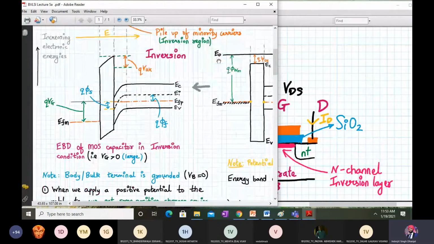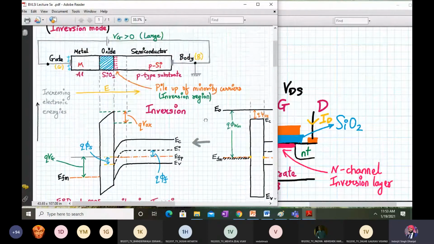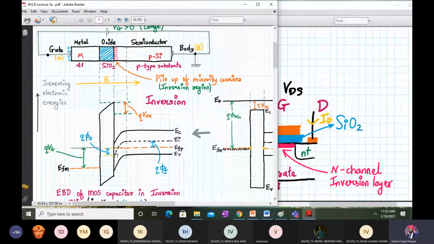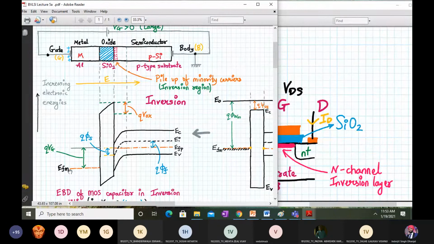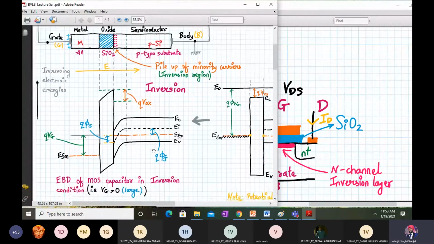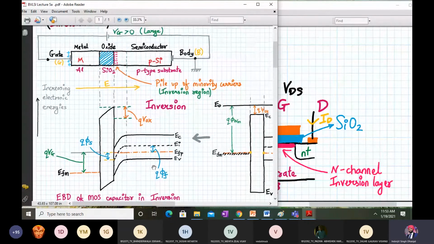Okay, and I think we have covered the contents of this. So I request you all to kindly note this energy band diagram, or if you have not noted it down, you can try drawing it on your own to understand the concepts. The amount by which EFM goes down with respect to EFP is the applied gate potential. The more gate potential we apply, the more it will go down, and the more will be the band bending. So this is the energy band diagram of a MOS capacitor in the inversion layer.